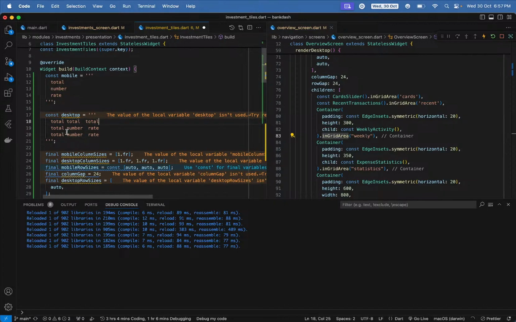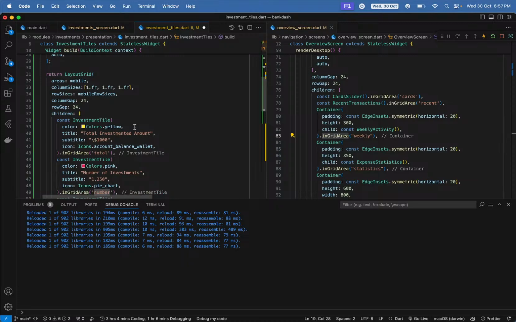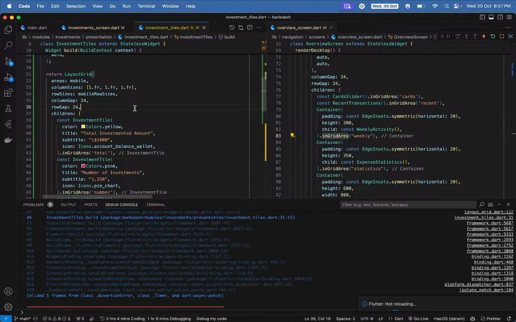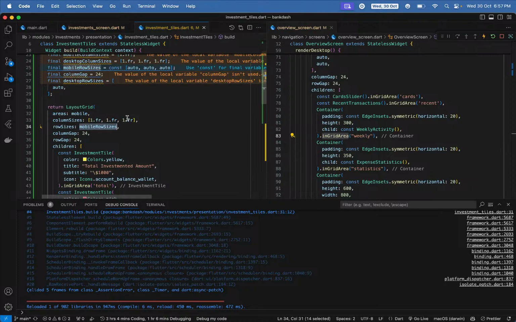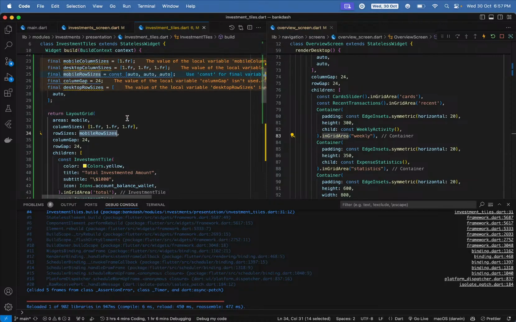So first will be occupied by the total, second will be the number, and third will be the rate. So now even if it is the case, and for the rows we can have like